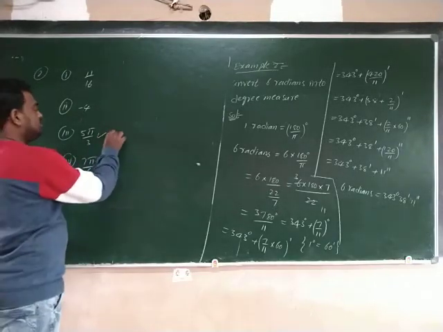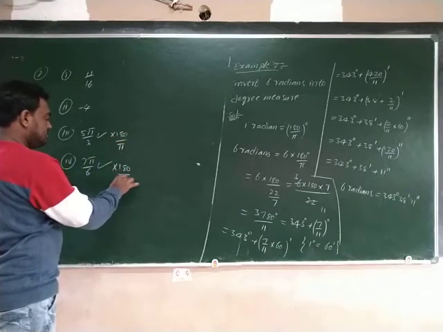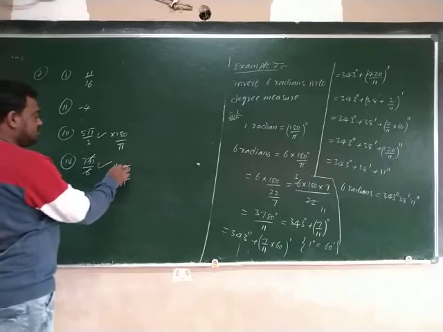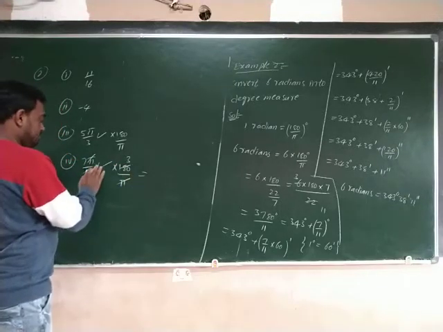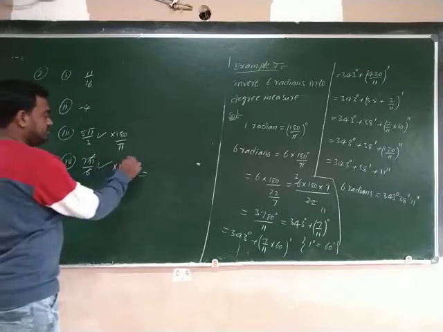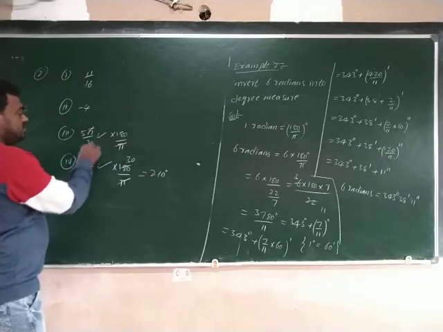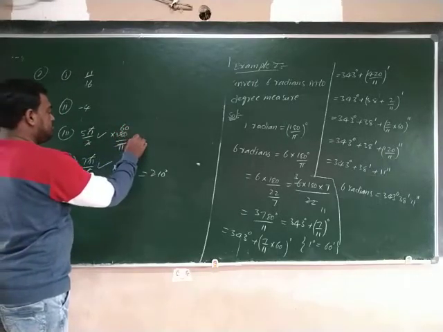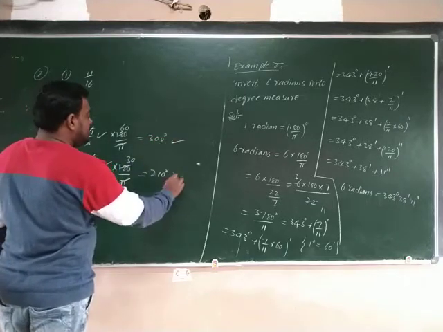You just multiply by 180 by pi, and it converts into degrees. So here pi by pi cancels, 60 3 times. For 7 pi by 6, 6 30 times, so 210 degrees. Here pi by pi cancels, 60 times, so 5 into 60 is 300 degrees. So these are very easy.